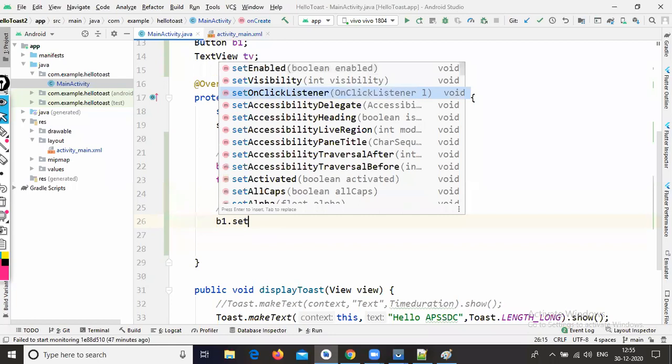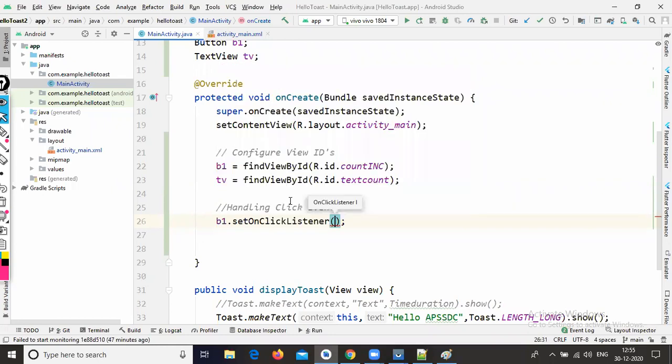Set on click listener is a suggestion. Just select this one. Inside the set on click listener, it will expect an on click listener.